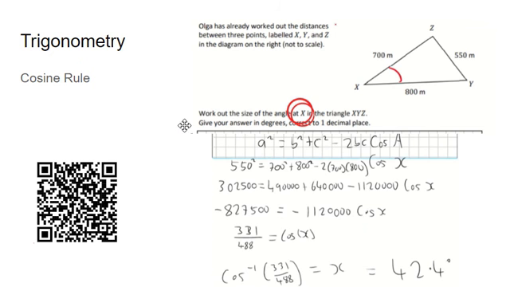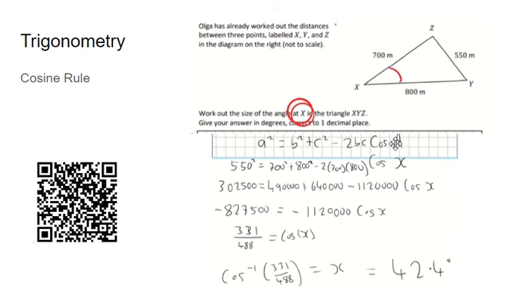And then the other one is cosine rule. So that's this formula: a squared equals b squared plus c squared minus 2bc cos A. It's an awkward looking formula, but it's in the log tables again. The biggest thing to remember is that the two a's, the small a and the big A: the small a is going to be a side, and the angle, the big A, has to be the angle